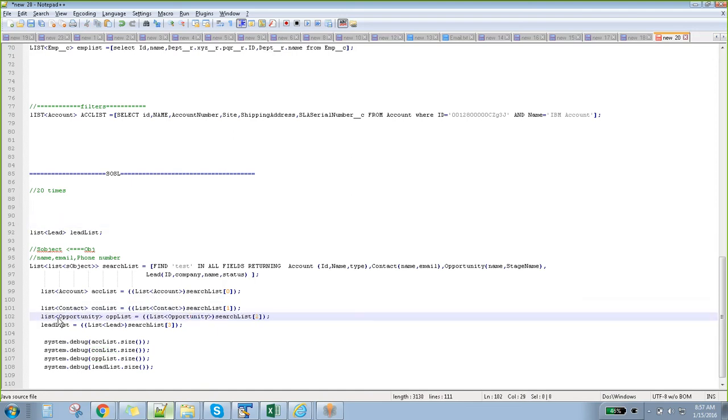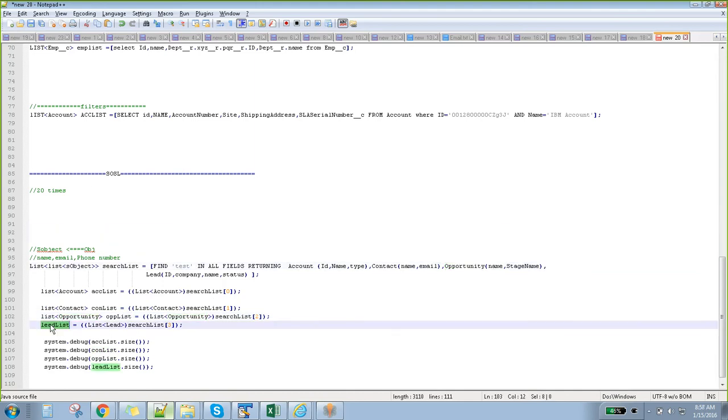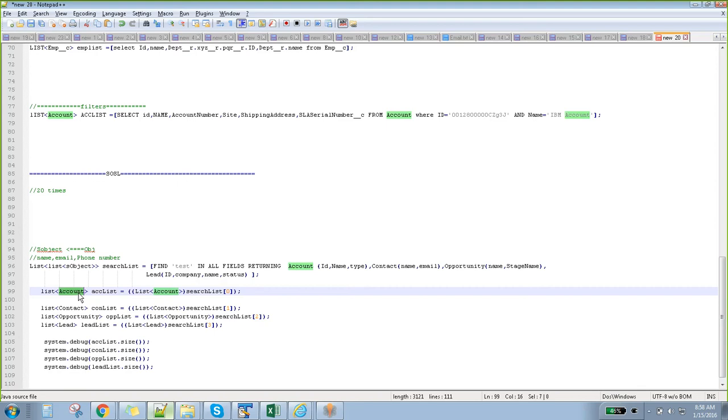Let's say opportunity is the third one, right? So it is stored into the third index. Just now this is nothing but a list of account. So we got a list of account, right? So now